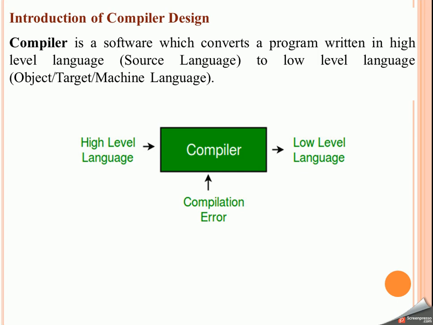However, we as computer programmers, when we sit down to write a program, find it quite difficult, and definitely impossible, to write the program in terms of zeros and ones. So what we generally tend to do is we are more comfortable with high level languages, like C programming, Java, and so on. When we write the program in a high level language, that language is not understandable by the underlying machine.